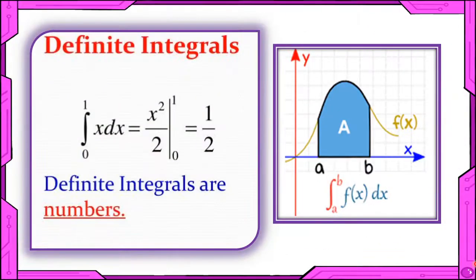At the same time, definite integrals are fixed numbers. Here we know the limits. Like here we have to find the integration from 0 to 1 or from a to b. We have to integrate the function only from here to here, or we can say from x1 to x2, from y1 to y2, and we call these numbers limits, upper limit and lower limit. And these definite integrals give us a proper definite number as the answer.